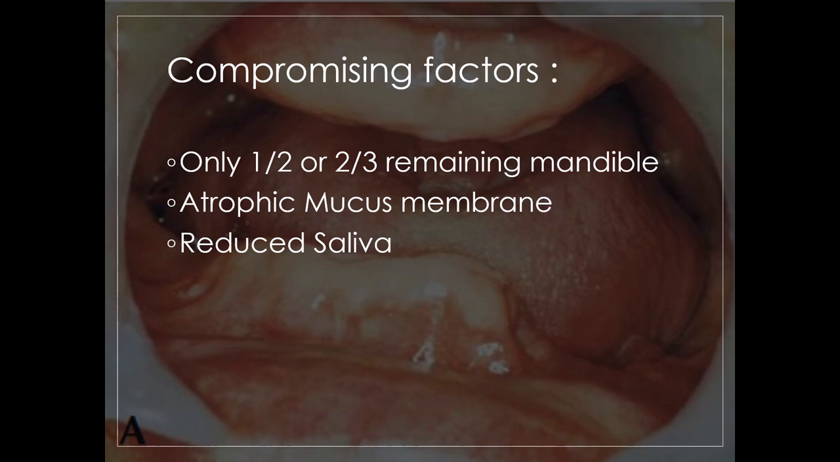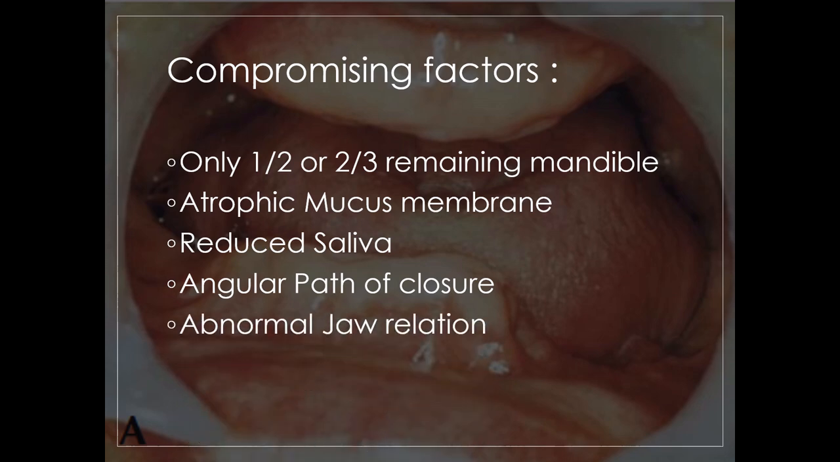And then there is reduction of saliva output, that is a dry mouth after radiation therapy, which impairs retention. And we also have discussed the angular pathway of mandibular closure in our last session, which induces lateral forces upon the dentures, which tends to dislodge them. And also the deviation of the mandible creates abnormal jaw relationships. The abnormal position of the mandible in relation to the maxilla will prevent the ideal placement of the denture teeth